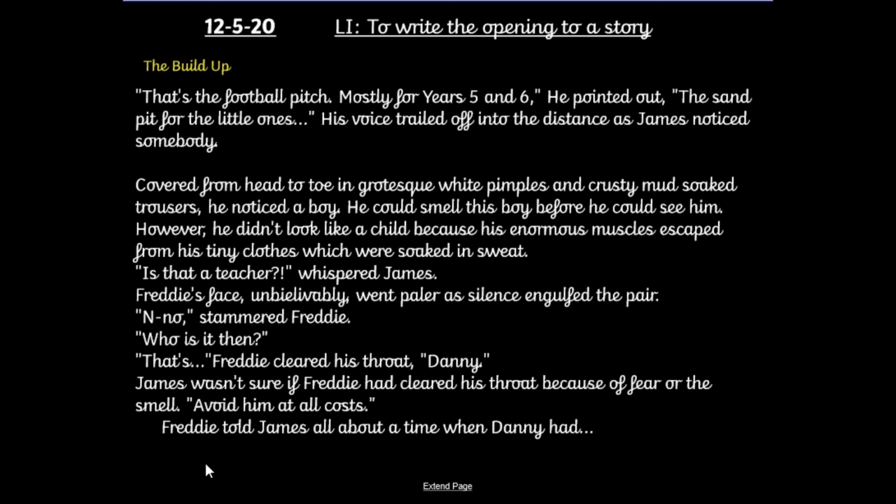"Is that a teacher?" whispered James. Freddie's face, unbelievably, went paler as silence engulfed the pair. "No," stammered Freddie. "Who is it then?" "That's..." Freddie cleared his throat. "Danny." James wasn't sure if Freddie had cleared his throat because of fear or the smell. "Avoid him at all costs." Freddie told James all about a time when Danny had...